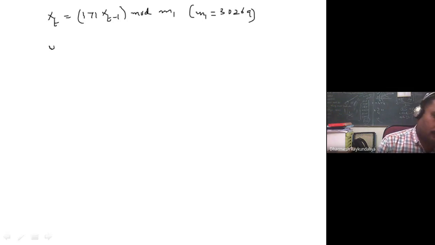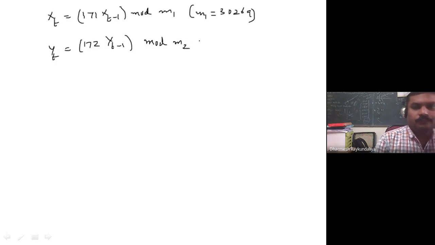The second LCG he has suggested is Yt equal to 172 Yt minus 1 modulo M2, and M2 equal to 30307.